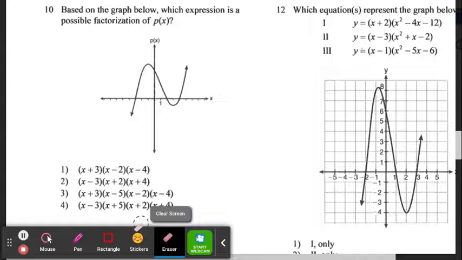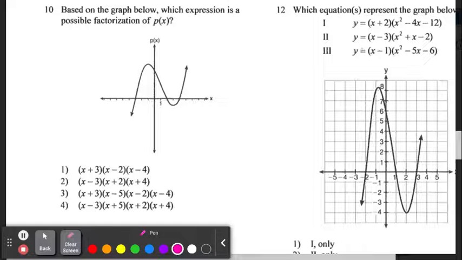This next one, again, I can't show you on the graphing calculator because I'm doing this at home. It says, based on the graph below, which expression is a possible factorization? So we have this. I'm looking at my x-intercepts. That's -3, 2, and 5. So what you do is you try each one of these, put that into y equals, and then look and see what the graph looks like. I will tell you, when you graph the correct answer, this part gets cut off, but you're just looking for the